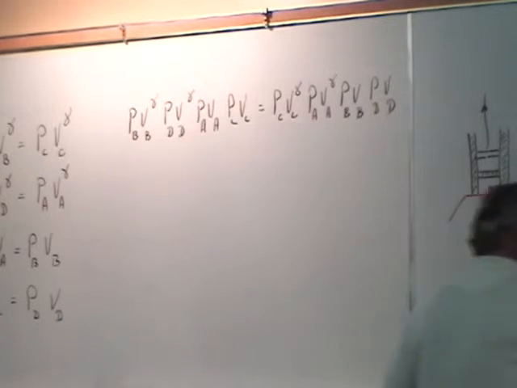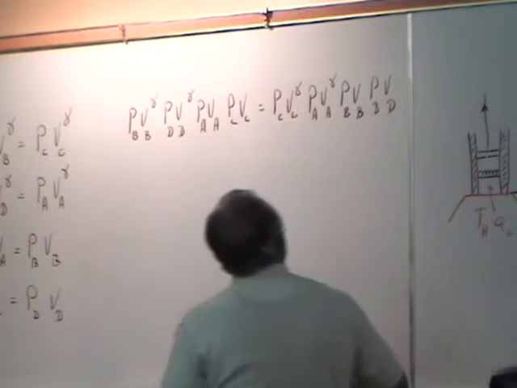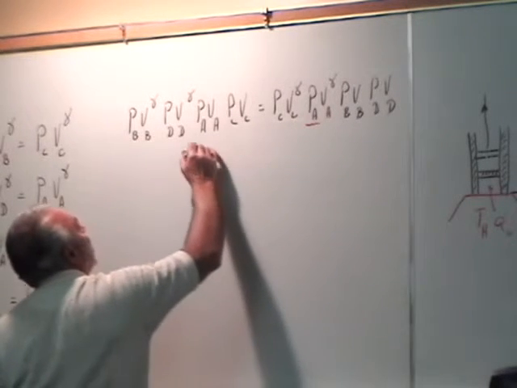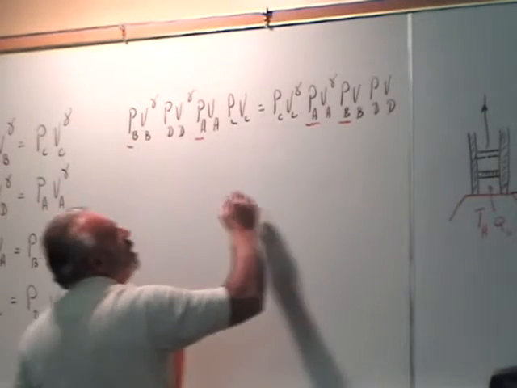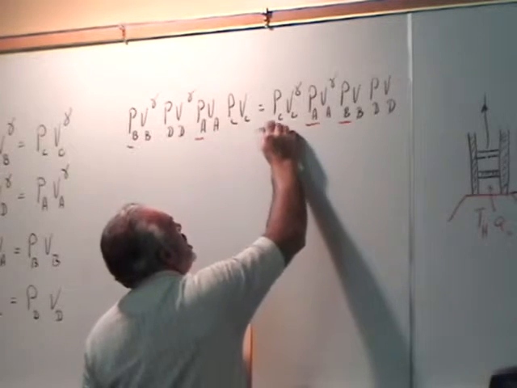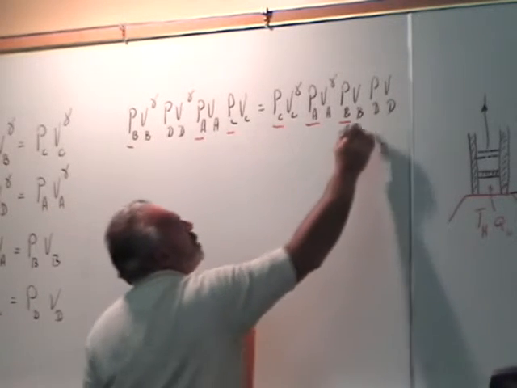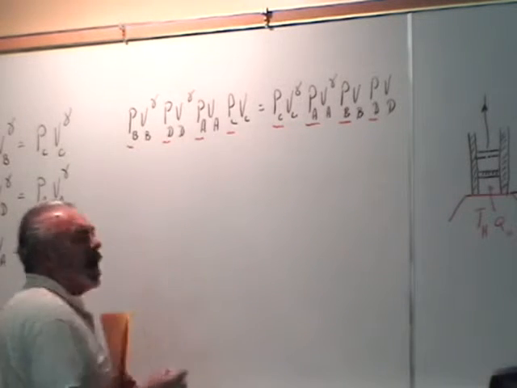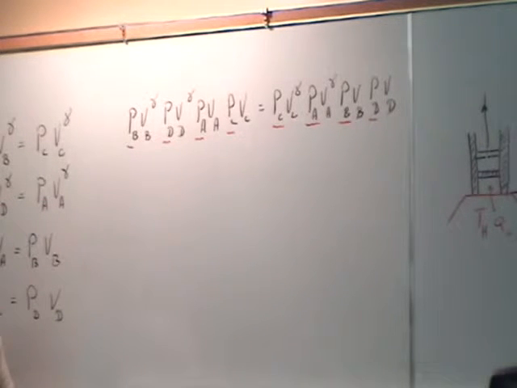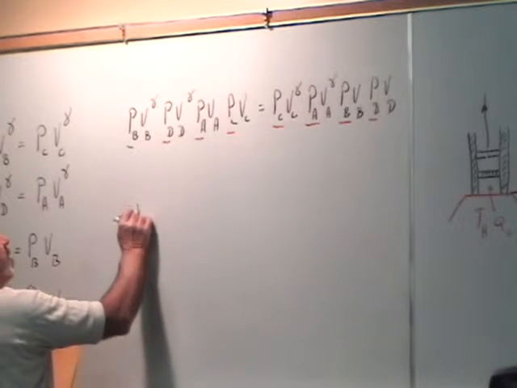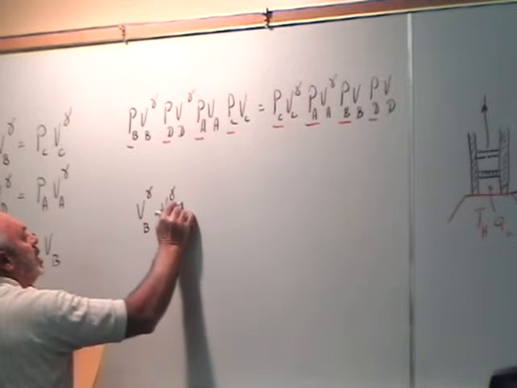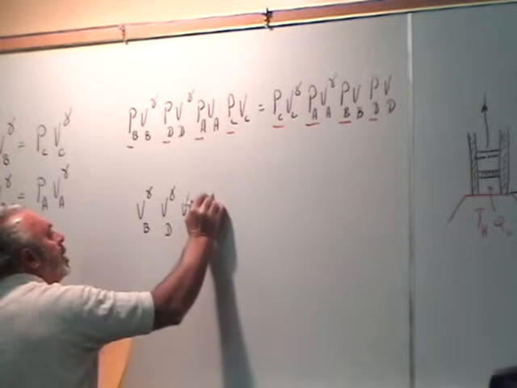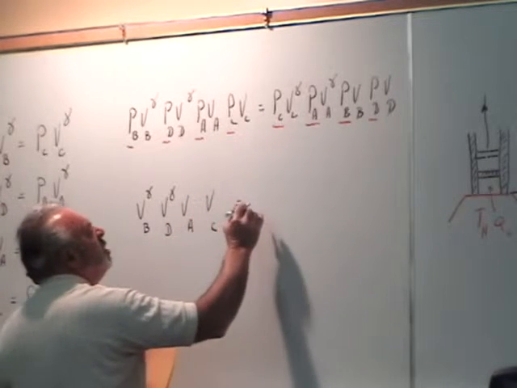But there is a P_A, a P_B, a P_C, and a P_D in common, so we may drop all of those. We may cancel those out. So now, easily simplified, V_B V_B^γ V_D V_D^γ V_A V_B equals